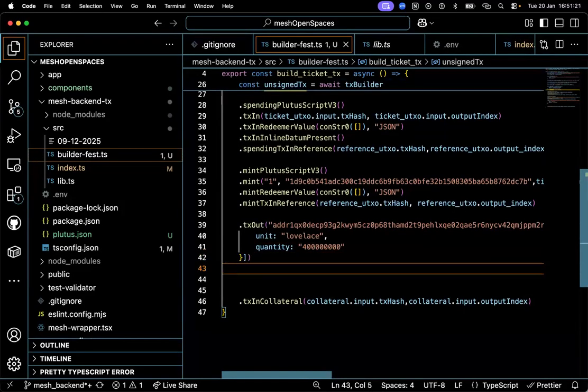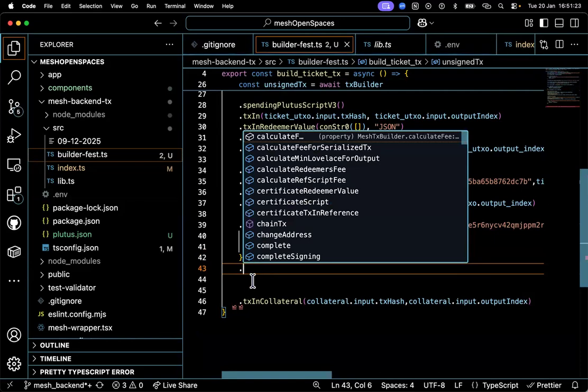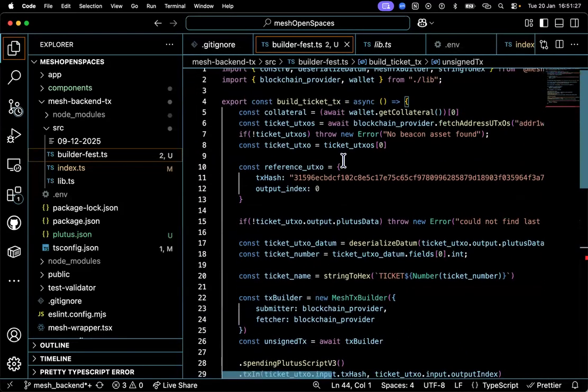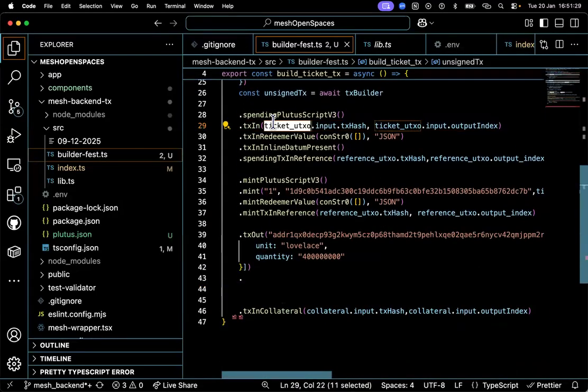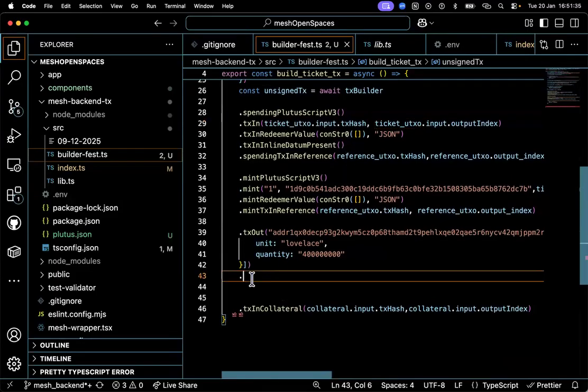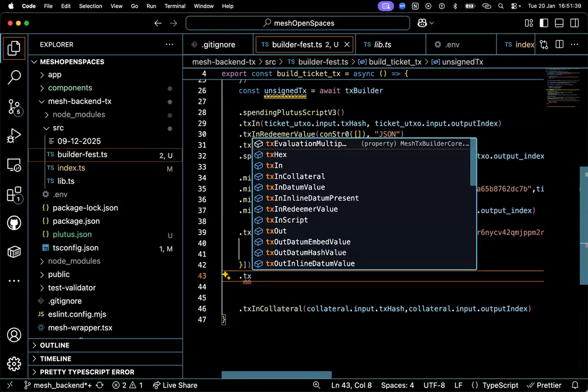And the second output is the new state updating. This is the datum we are trying to print right here. We are going to update it with the new state of our new ticket number. So that would be the txOut.